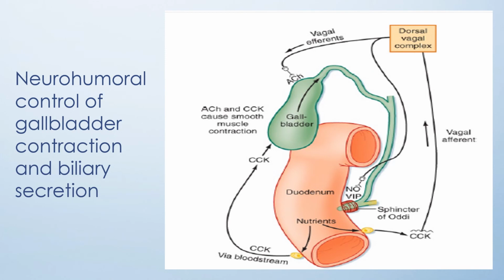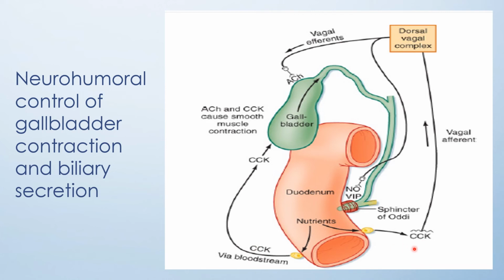This slide tells us about the neurohumoral control of the gallbladder contraction and biliary secretion. It tells us how the bile flows out from the gallbladder into the duodenum. It all starts with the presence of food in the duodenum. The nutrients in the duodenal wall will result in the release of cholecystokinin via the bloodstream,